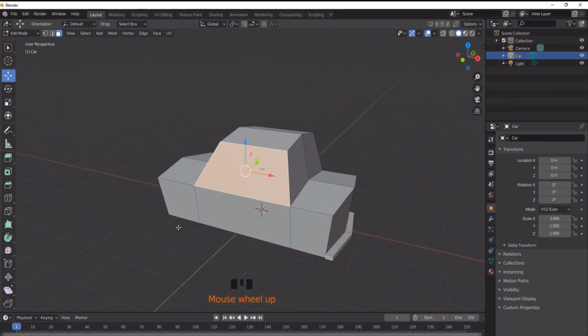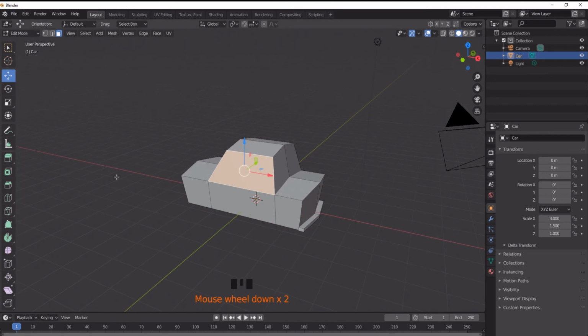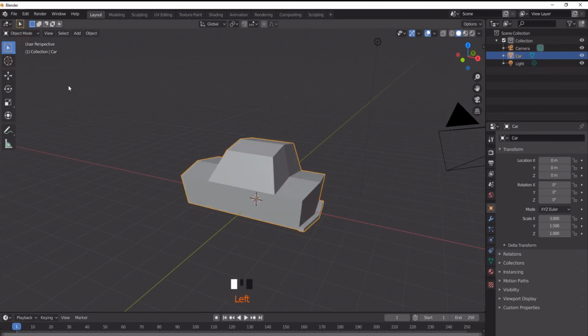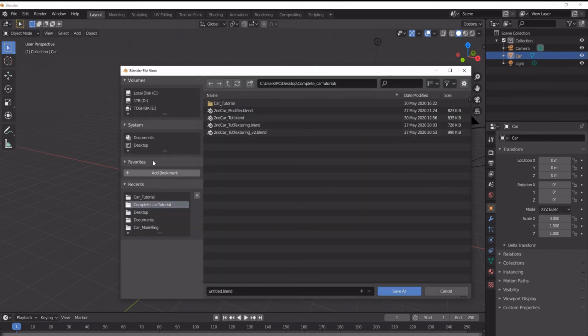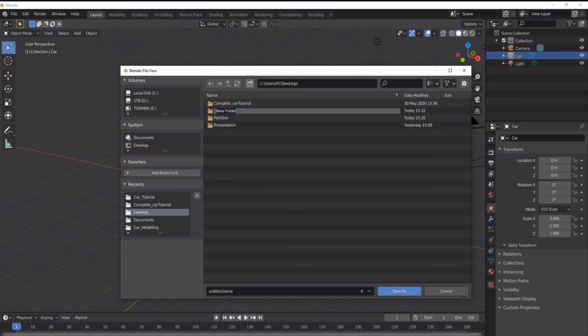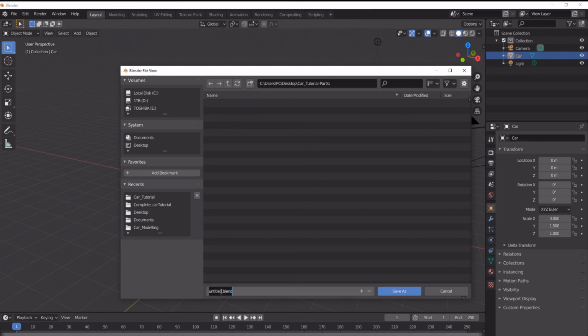Okay, so the next step you want to do is, now that you're at this point, go into object mode, file, save as. I'm going to put it on my desktop. I'm going to create a new directory, and we'll call this car tutorial parts. Go in there, and we'll just rename this step 1